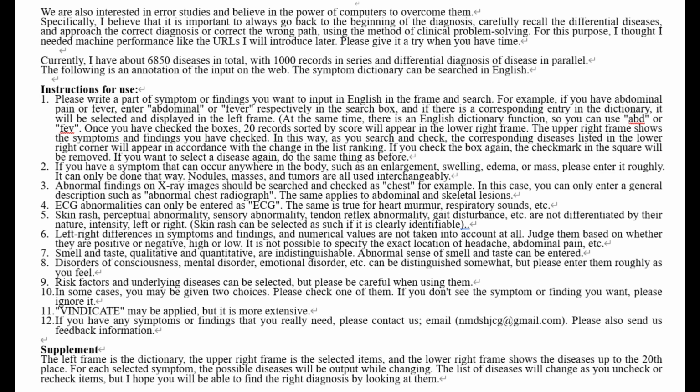Currently, I have about 6,850 diseases in total, with 1,000 records in series and differential diagnosis of disease in parallel. The following is an annotation of the input on the web. The symptom dictionary can be searched in English. Instructions for use. 1. Please write a part of the symptom or findings you want to input in English in the